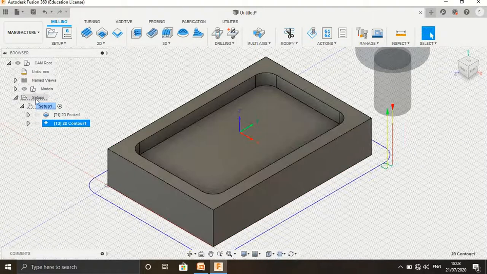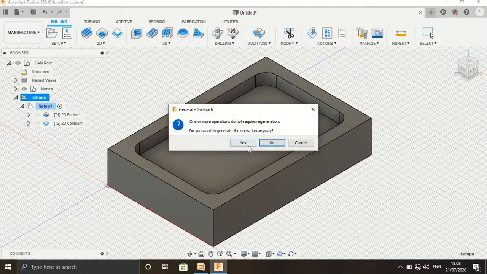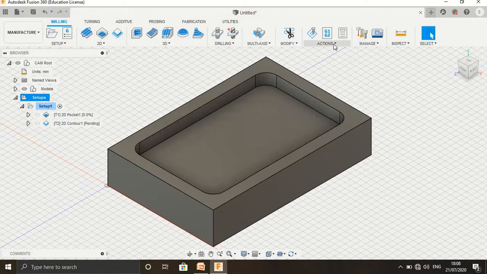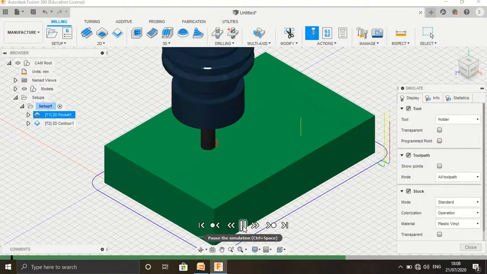Close this window, then select the setup. We have selected the total setup in this, then go to actions, then generate, then say yes, and simulate. This shows the overall simulation.